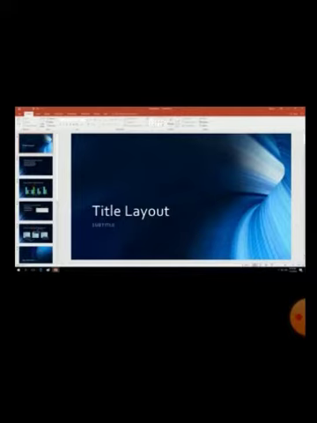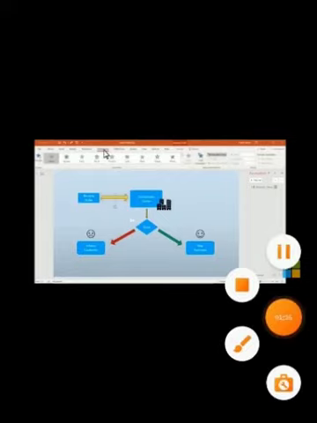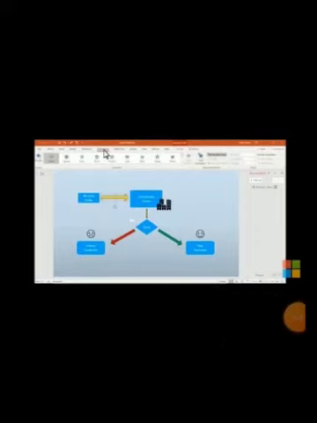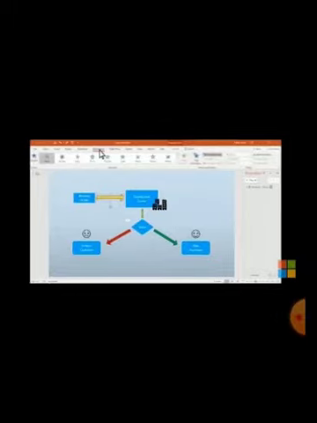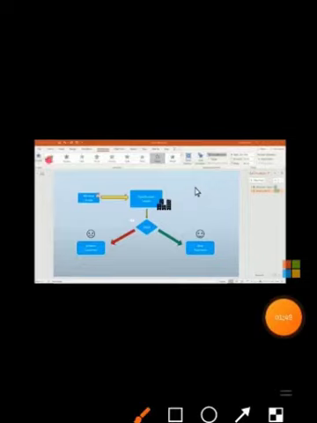After this, we come to our animations. For animation, first we have to click on the Animations tab. Here you can see my arrow on Animations. After clicking on it, we will select the shape. If we want to give any shape to our presentation, we can select from here. If we don't want to, we just click on the None option, the first one, which means no animation effects. Clicking on it will not provide any kind of shape animation. Here I am taking some shapes, that's why I have clicked on this shape option.